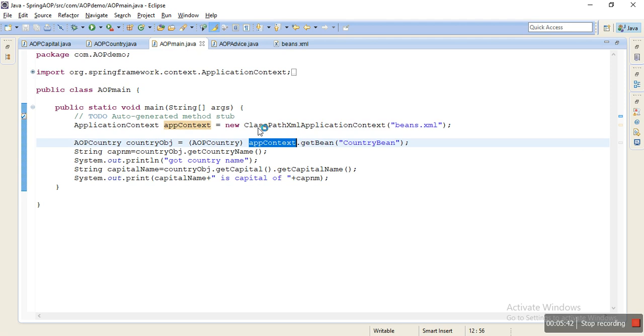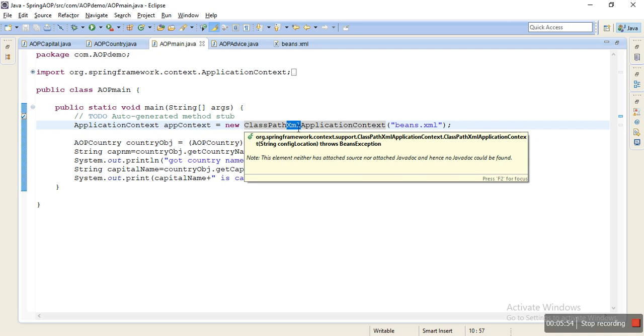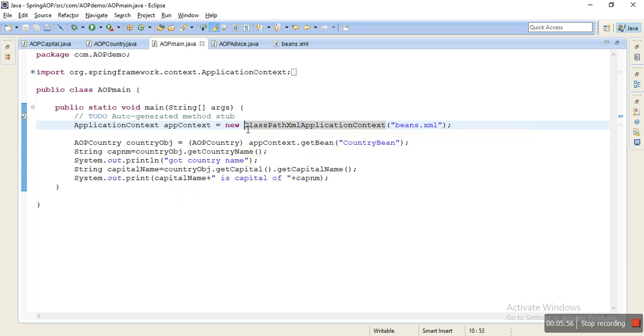It will be the class path xml application context, which is provided by an xml file, and whatever you get from your xml file, you have to set to the class path. The previous application had the same code.